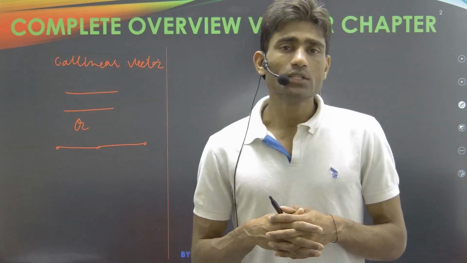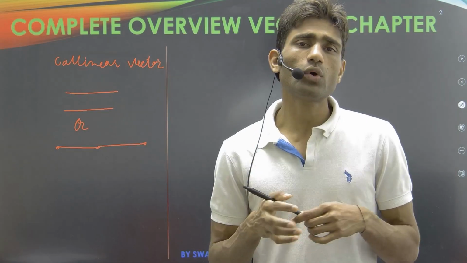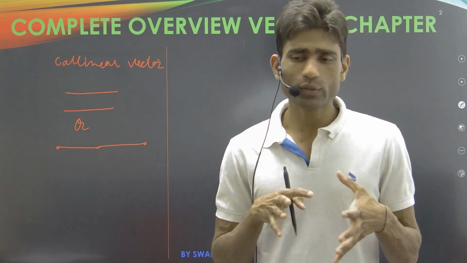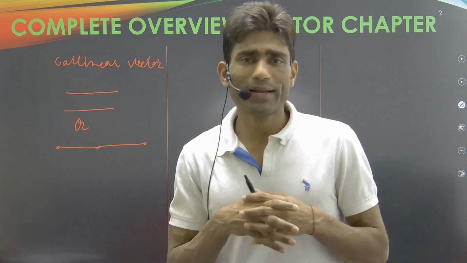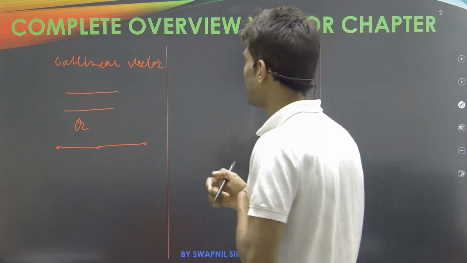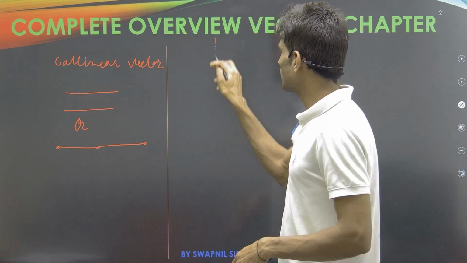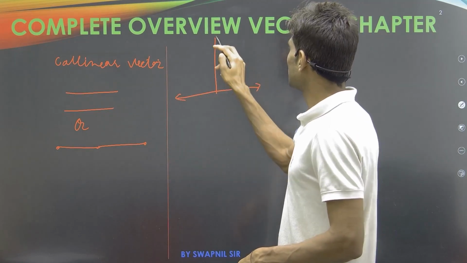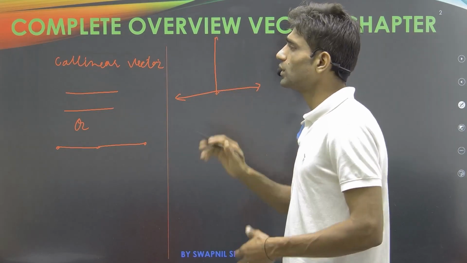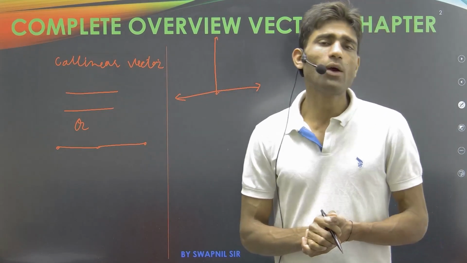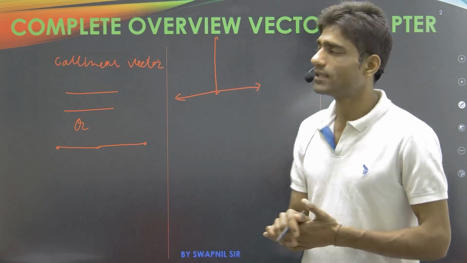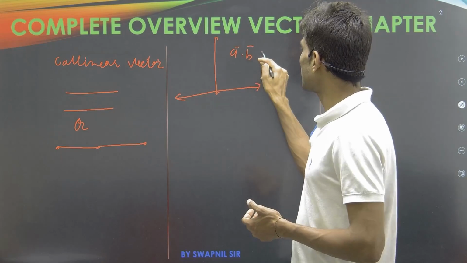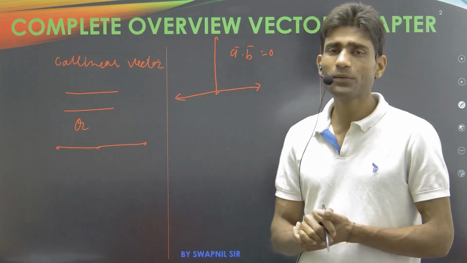After that, we need to know the section formula for external and internal division. But before that, if two vectors are perpendicular to each other, we can see that I'm having these two vectors here. The first vector is perpendicular to the second vector, and when we have two vectors perpendicular to each other, then the dot product of the first vector with the second vector goes to 0.